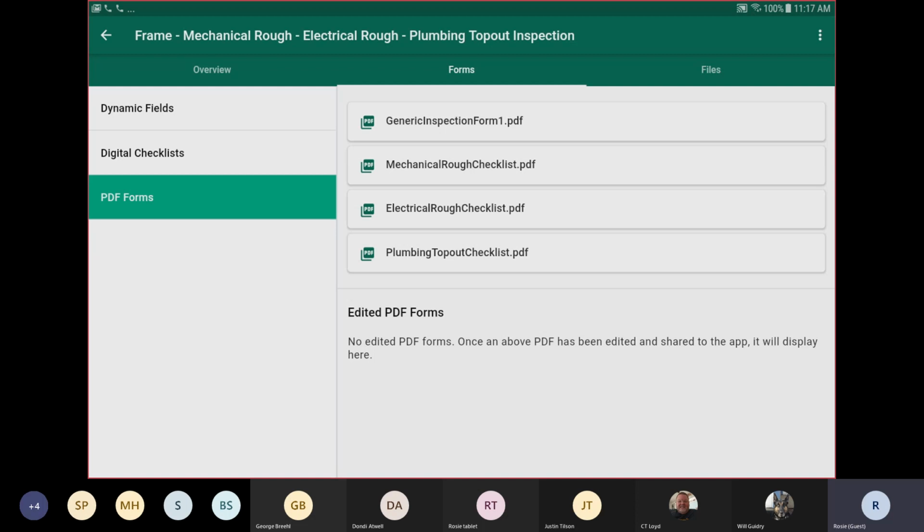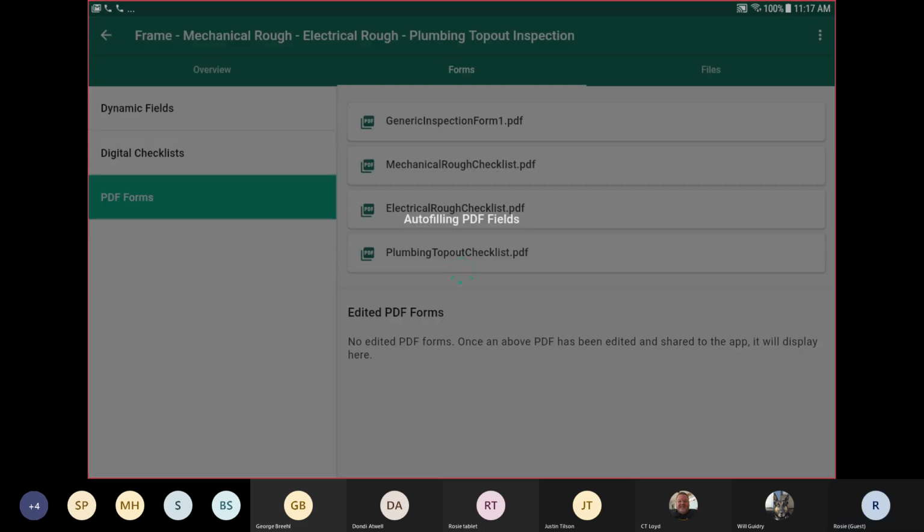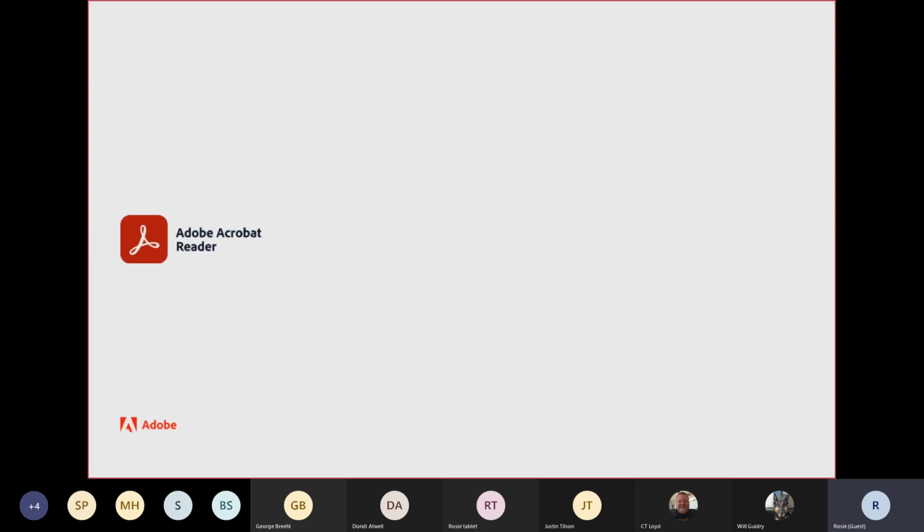So the section at the top, these are all of the forms that I have available to fill in. If I click on one of them, I'll click on this electrical rough checklist.pdf. And what it does is it takes the information from the current logged in user, so me in this instance, and it auto fills the PDF form with my information, as well as the information about the inspection that you're